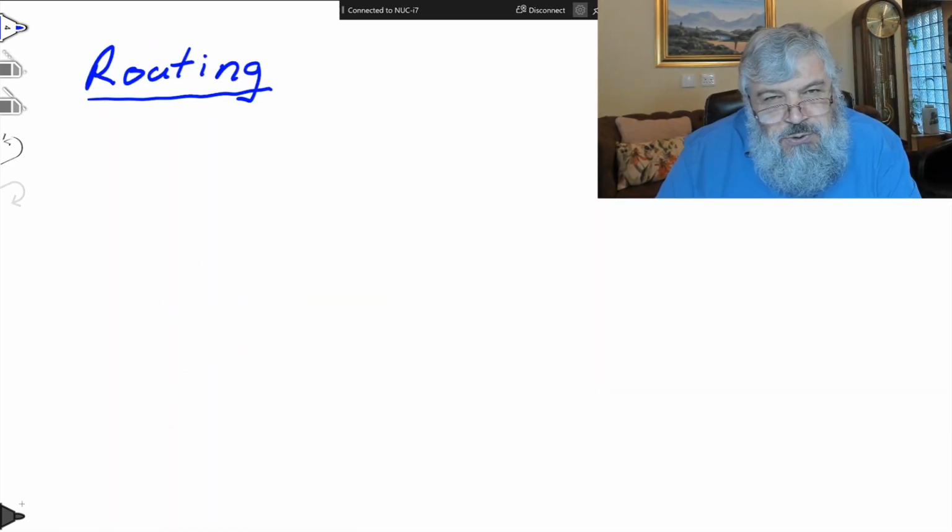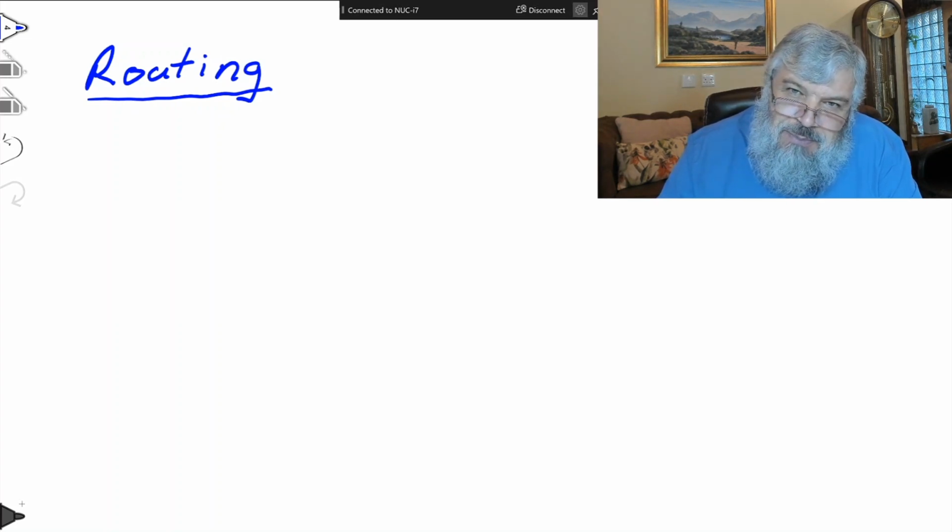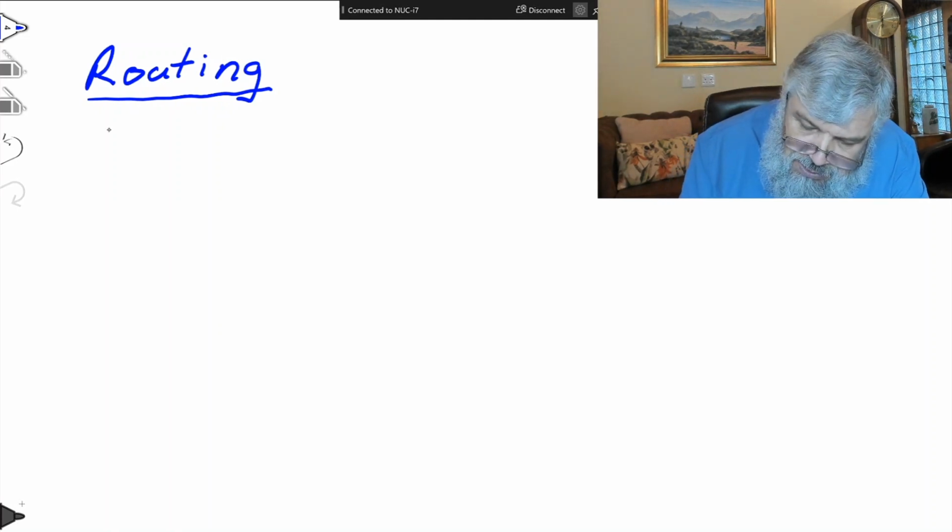In terms of routing, IPv6 makes provision for 3 types of routing. Ironically, the terms all come from the word broadcasting. They all use the casting suffix, but IPv6 does not support broadcasting. Obviously, that raises a couple of questions, and we'll touch on them just now. But the 3 types of casting it allows is unicasting.